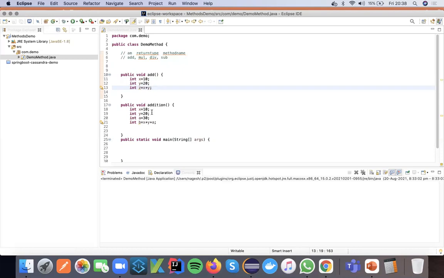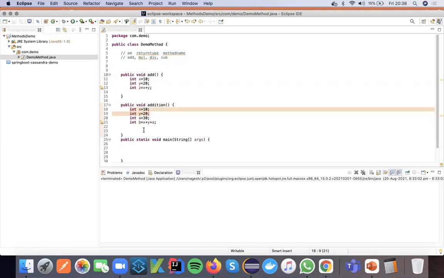The second method also does the same thing: the same x value, the same y value, and then a plus b. If I see this code, something is already repeated in the above method. Why can't I use that value from the method add? Why do I need to write the code again?